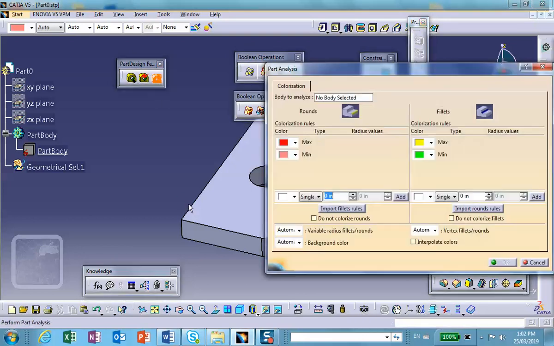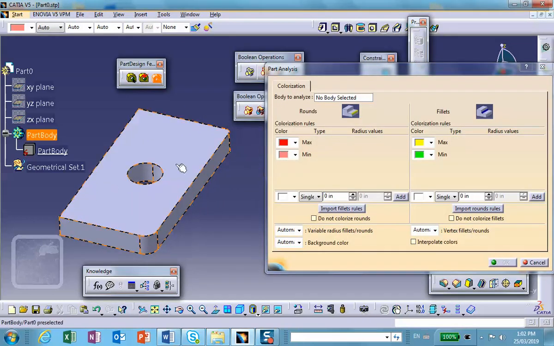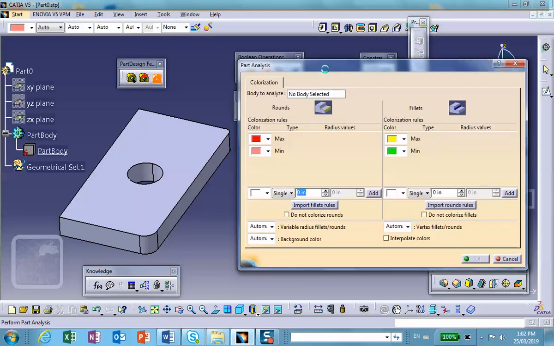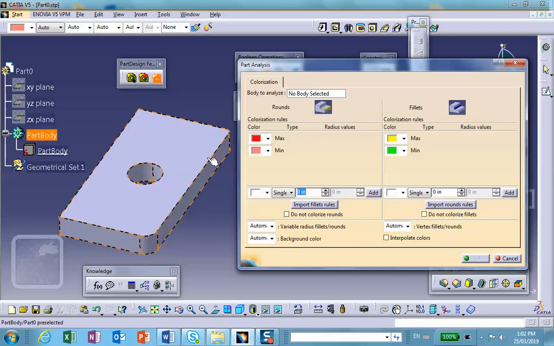What happens is this dialog box opens up. This doesn't do anything for you except that it gives you information on what you have. Notice that here it says information on the rounds. Rounds are really fillets except that they're not internal. So if I had a fillet here, if I created an edge fillet here, that would be considered